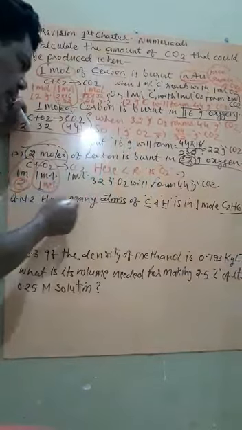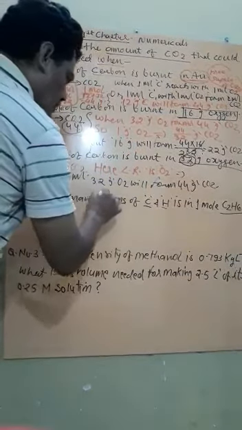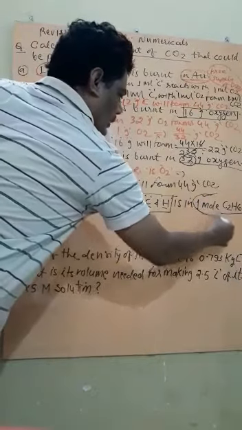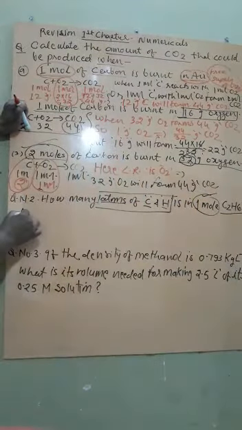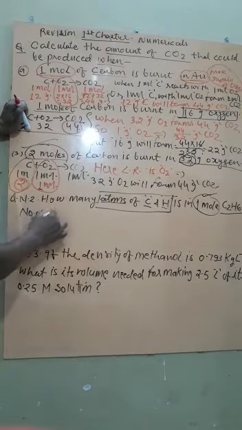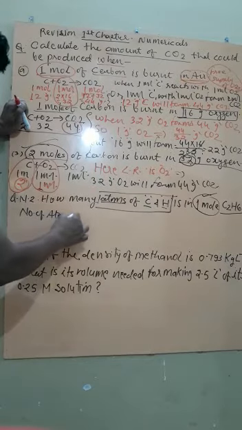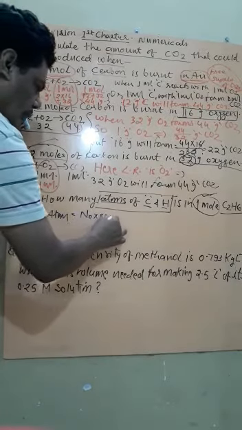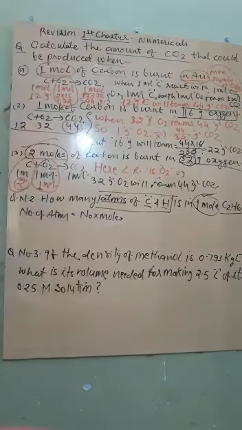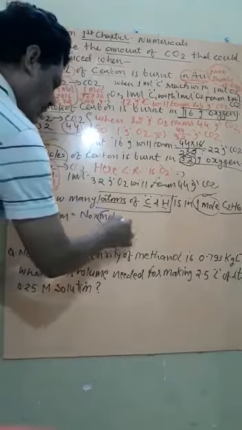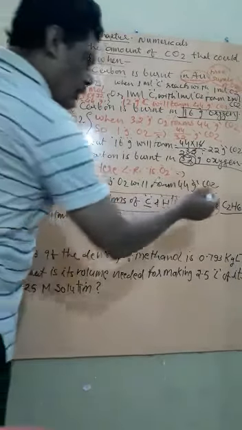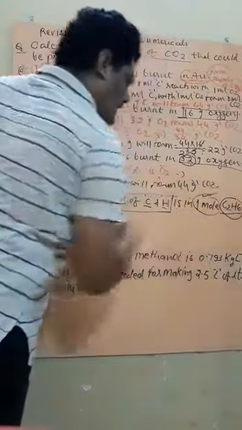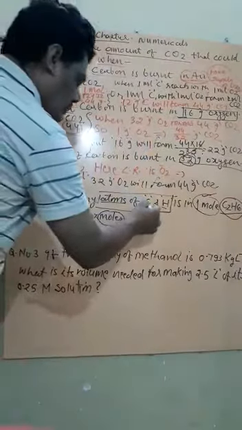So, how to solve it? Number of atoms, in moles. What is the relationship between them? The relationship is: number of atoms is equal to Avogadro number N0 multiplied by moles. Moles is given there. What is the mole? C2H6. Here the moles of ethane is given, and we have to find moles of carbon.